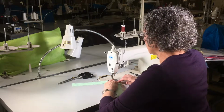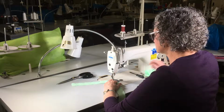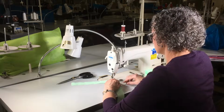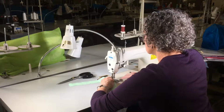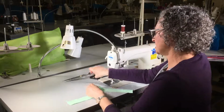Okay, I'm going to begin by lining my needle up right with that V. Seam allowance is about 1/4 of an inch. Back stitch. And stitch forward. When you're done,